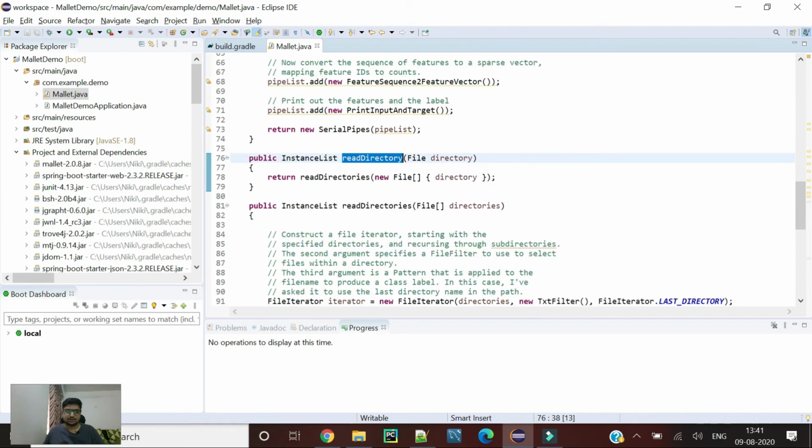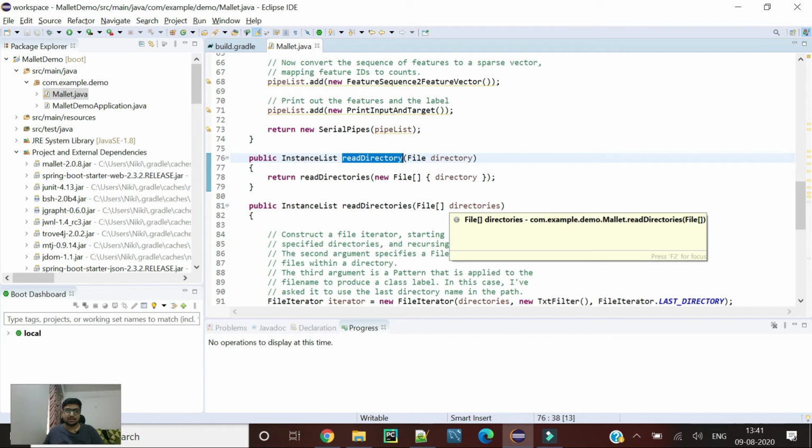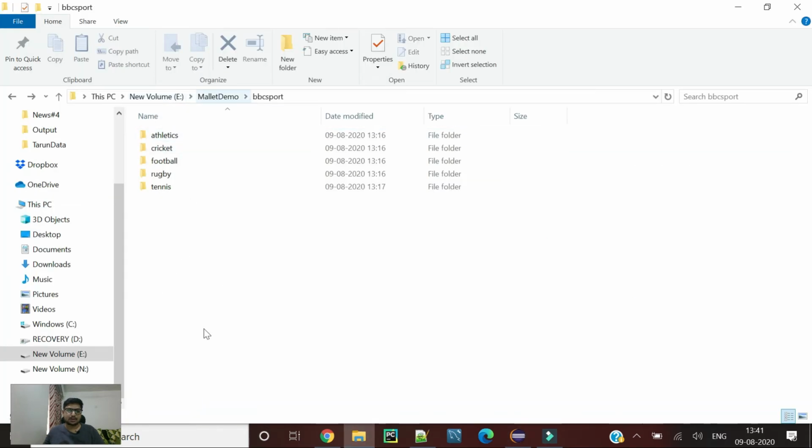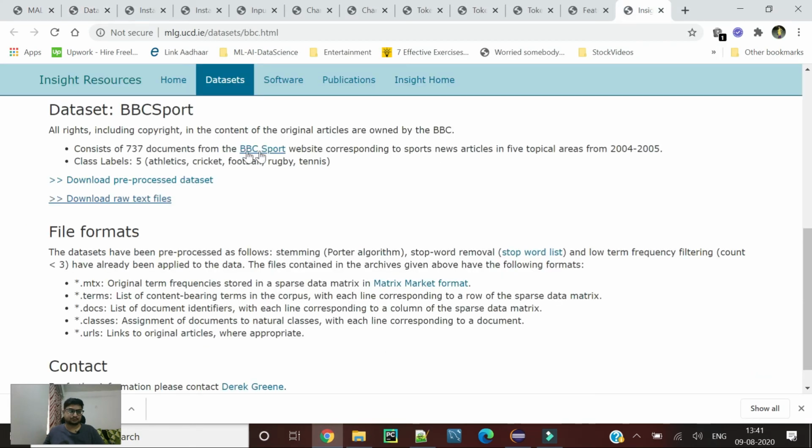It's just a function or method for reading those directories. As I mentioned in my previous video, it will take classes as the folder names, and the text inside them as the data points, or the text that we are using to classify. We are using BBC Sport data here that you can find on the BBC Sport site.